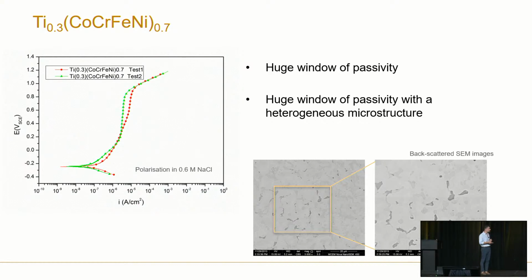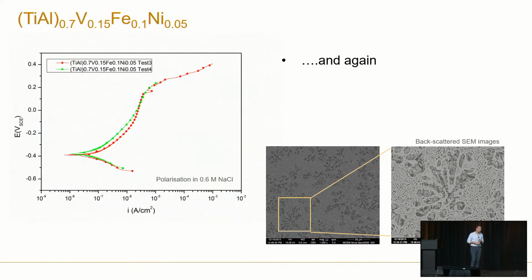So from my point of view, this particular alloy, these are some SEM images. You can see here, it's truly multi-phase. There's at least 2 other phases other than the matrix. And to see this for the first time, I thought, oh my God, this can't be real. Try it again, do it again. Obviously did it again, and this is in seawater. So then we did it again for other alloys, including those that had a very heterogeneous microstructure, and we still got windows of passivity.